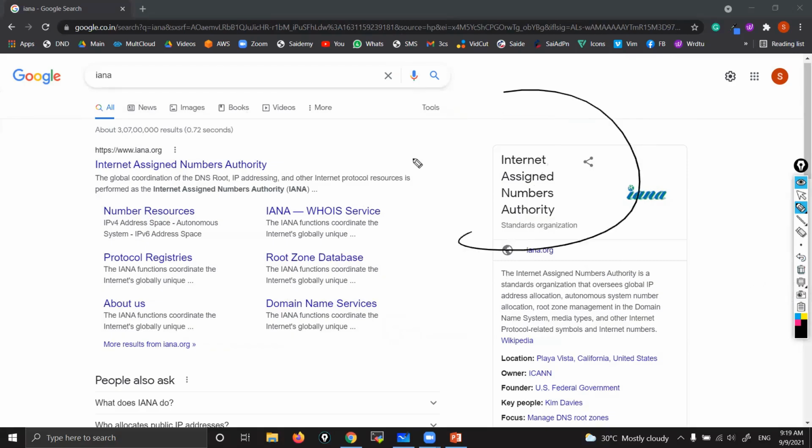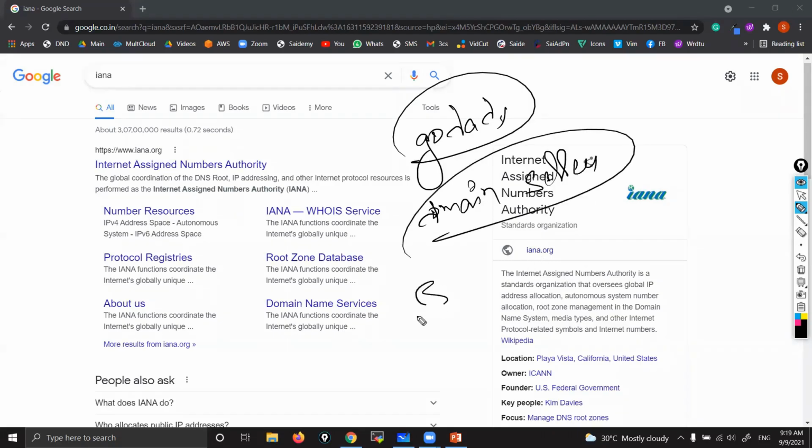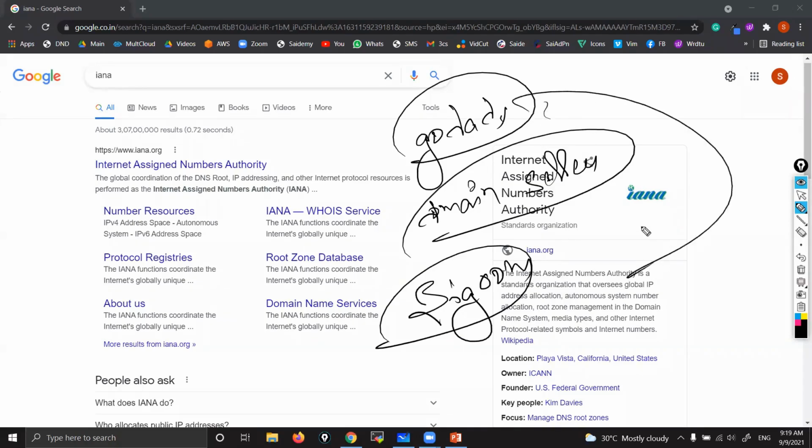So here also, since this organization cannot manage all these things, that's why we have sub-registers or the domain registers. Those are GoDaddy, okay, domain sellers, Big Rock, okay, Big Rock, many domain registers are there. Backend, all these registers are linked to this organization IANA.